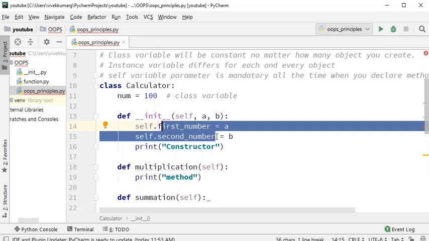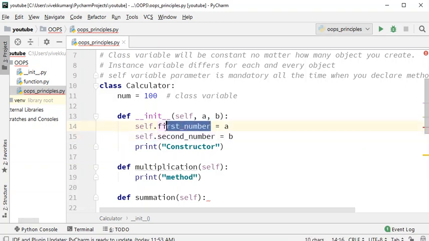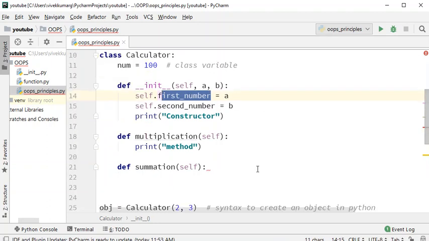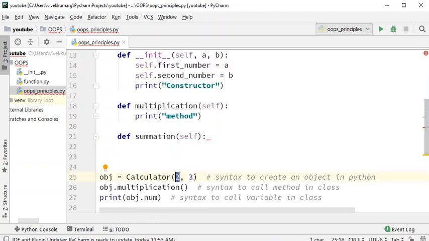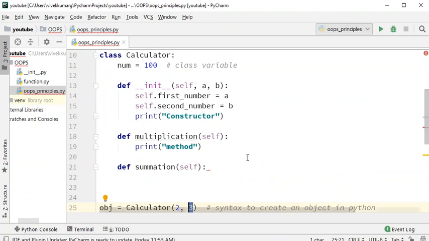And from where are you loading these values? You're loading them from here, 2 comma 3. So 2 will be caught here, 3 will be caught here, and they will be stored in first number and second number.